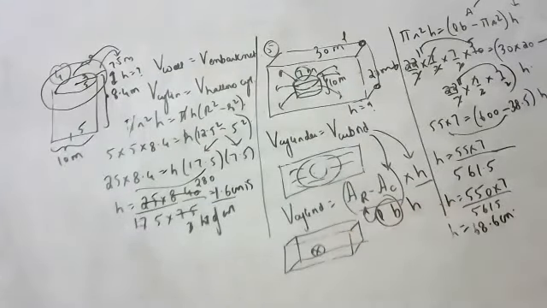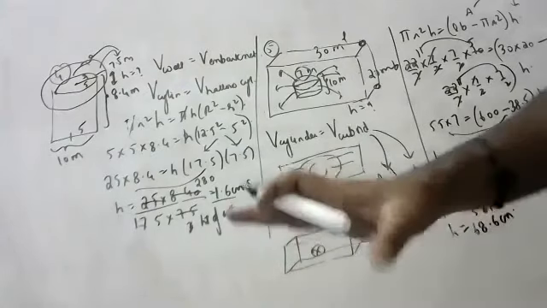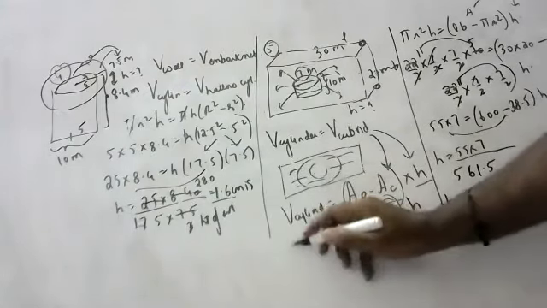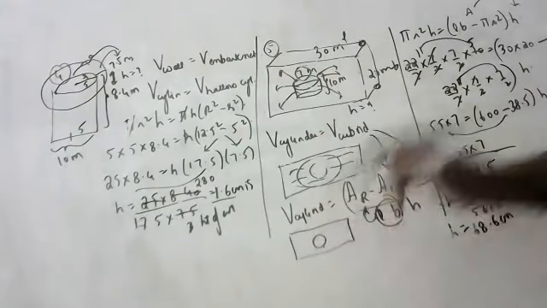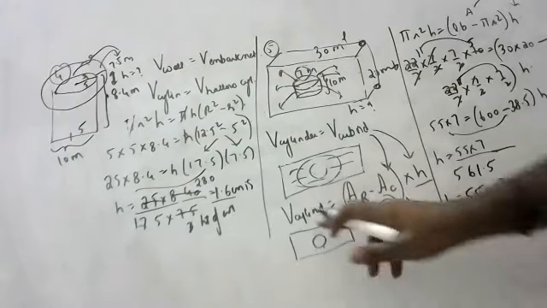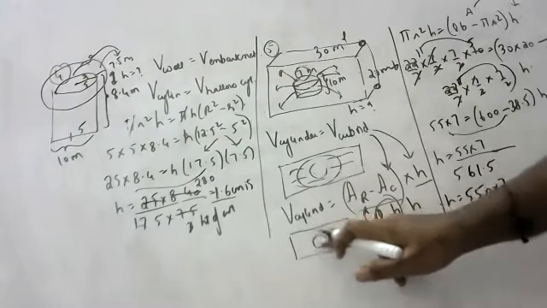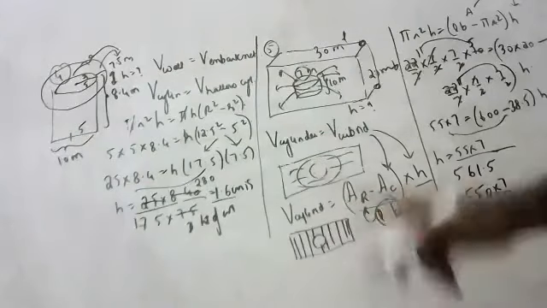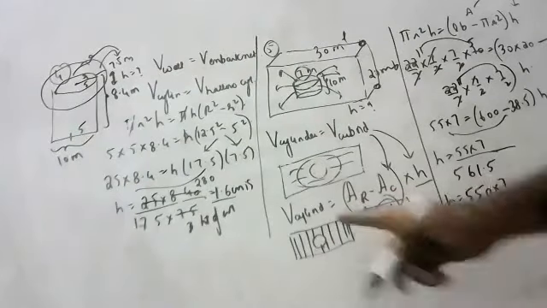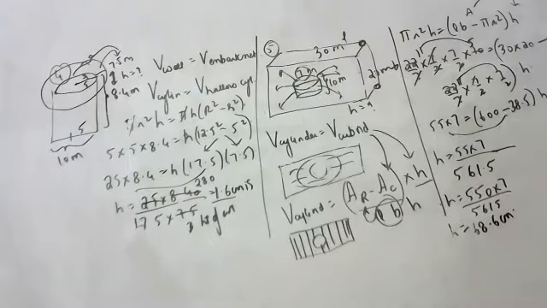Sir, how can a well, which is 3D, be drawn in a rectangle, sir? I see, you think of it on the ground. This is the ground, okay? Okay, sir. Wherever the well is there, that circle is gone now. From this rectangle, remove this circular portion, you will get the remaining area. Are you getting the remaining area? Yes, sir. That area into height of both of them is volume.